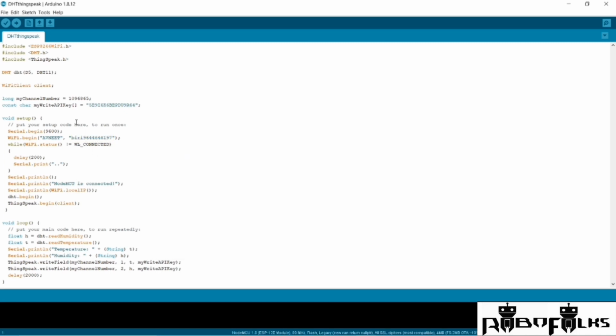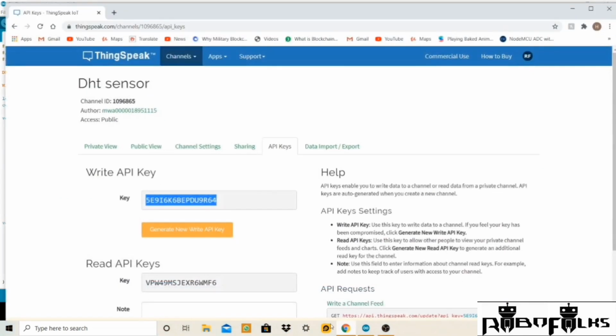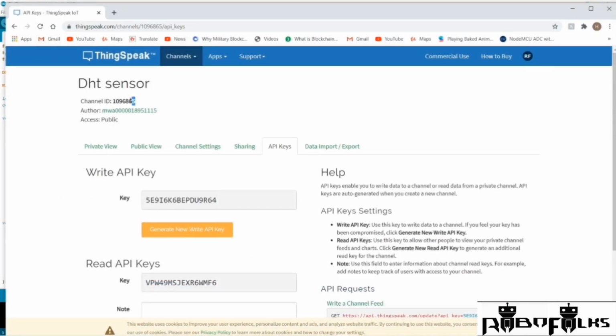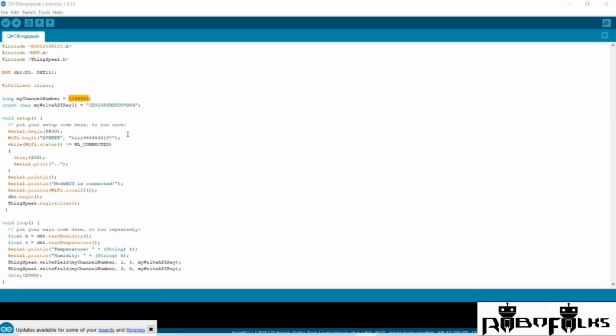You just have to make some changes in your code before uploading it. Change the channel number to your channel ID and the write API key to your write API key. Copy it from the ThingSpeak server and paste it here.